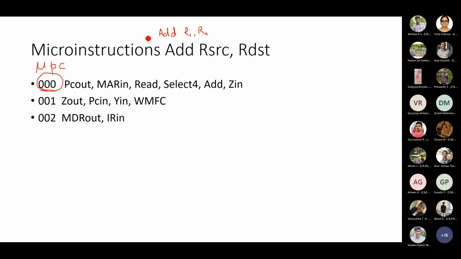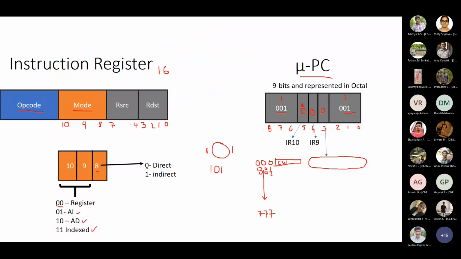Just now we had seen the address value to which we have to jump if we have to execute add in registered direct addressing mode. 101. Very good. Any doubt if anybody is having? Look at this. This 1 and 1. These two octal values are fixed. These three you derive based on. These two are fixed for add instruction.